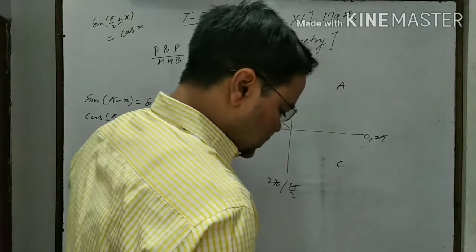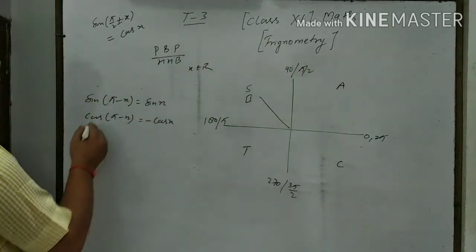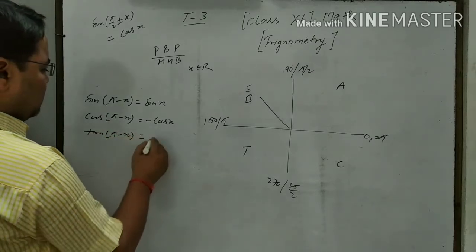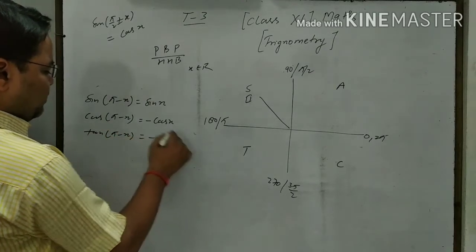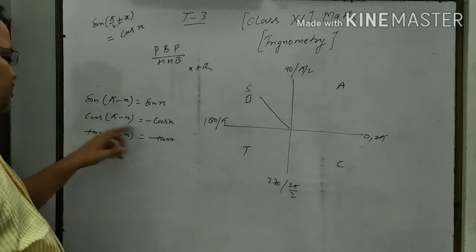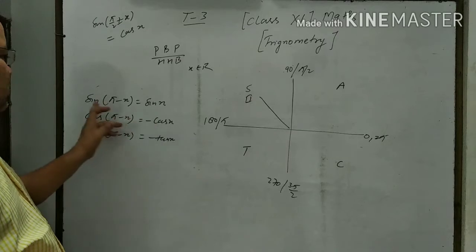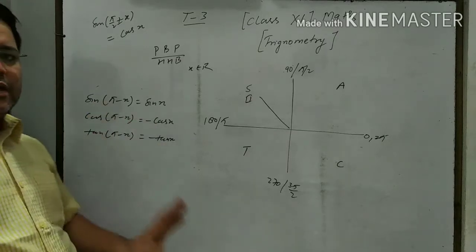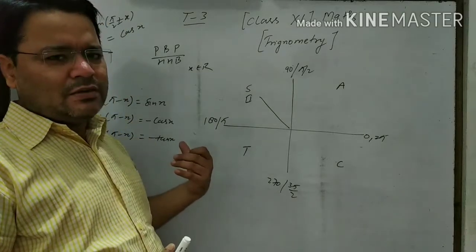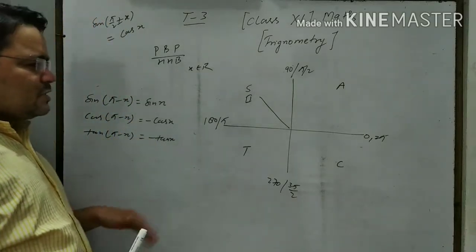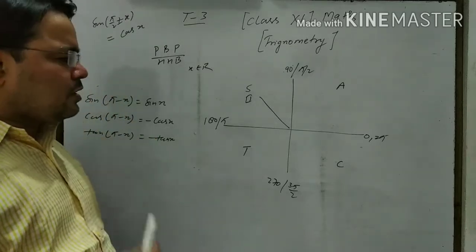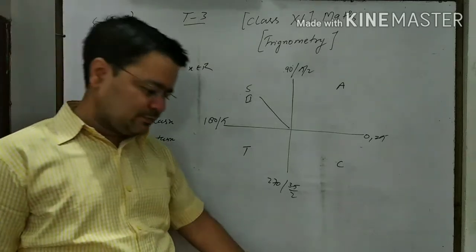Okay. Similarly, what are sin, cos, tan of pi minus x? Minus tan x. Why minus tan x? I just told you, if it is pi here, then it will not be changed. Cos will be cos only, sine will be sine only, tan will be tan only. We have a reason for everything, but the explanation of all the formulas is not in our syllabus. Therefore, I am just talking about the topic.